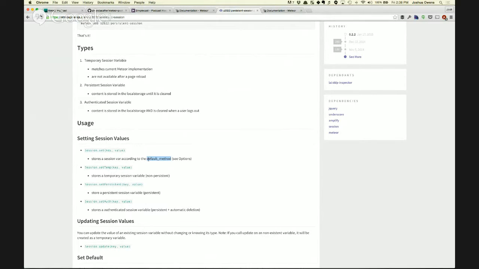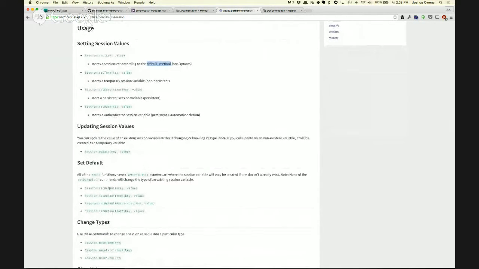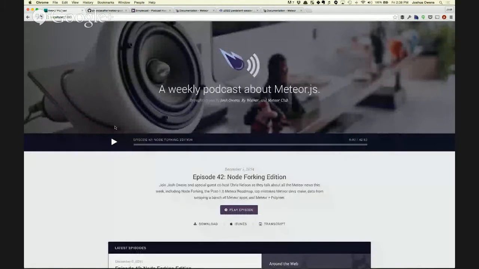Default method. So it looks like you can tell it a default method that you want it to use, whether it's persistent or temporary. Hmm. And there are good use cases for that too, right? Like, in particular, the best use case I've seen of using persisted sessions would be like